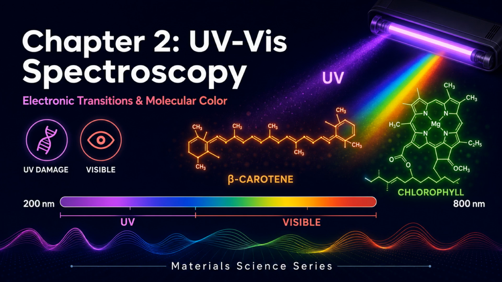Welcome to Chapter 2, focusing on UV visible spectroscopy. This technique examines how molecules absorb ultraviolet and visible light, causing electronic transitions. UV-vis is one of the most widely used analytical methods because it's simple, fast, and quantitative. We'll explore why some molecules are colorful, how electronic structure determines absorption, and how to use Beer-Lambert law for concentration